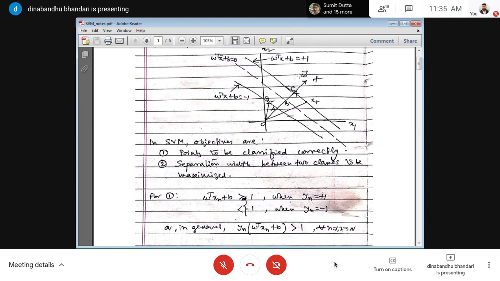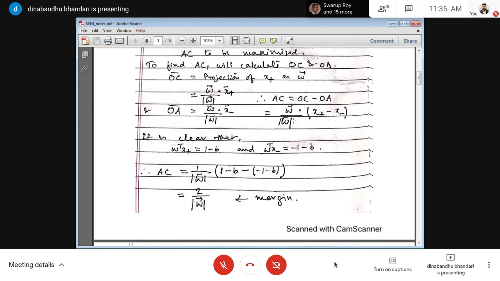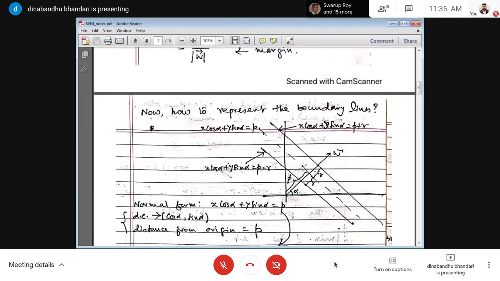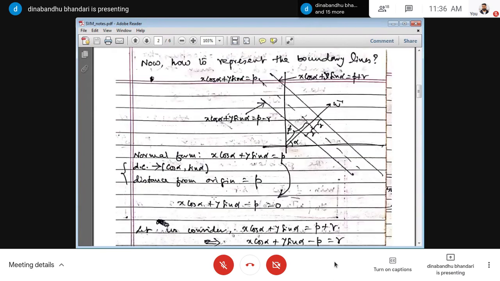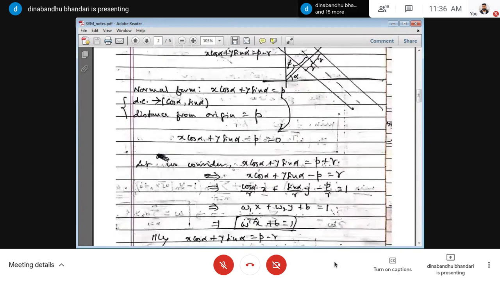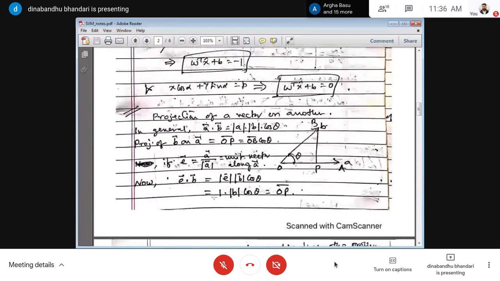Another one, to make this right side 1 will help us once you see how to find out this width. Now you see this width, we do not know actually what it is. We have assumed it is R. Let us see if we can represent, or if we can find this width in terms of the W, the direction ratios, whatever you call it. Let's see. Okay, I'll explain that here. Before I explain that,